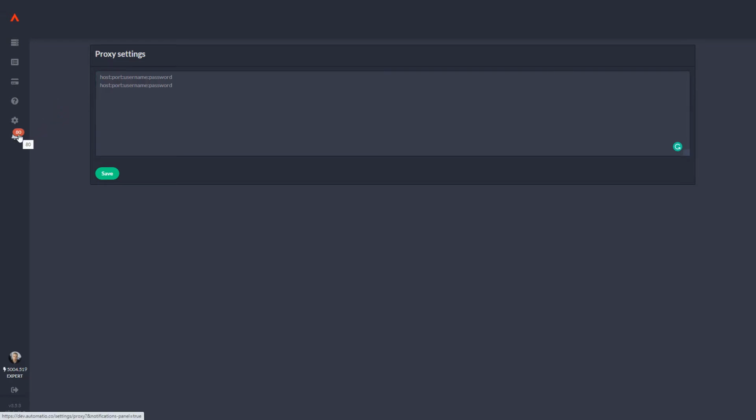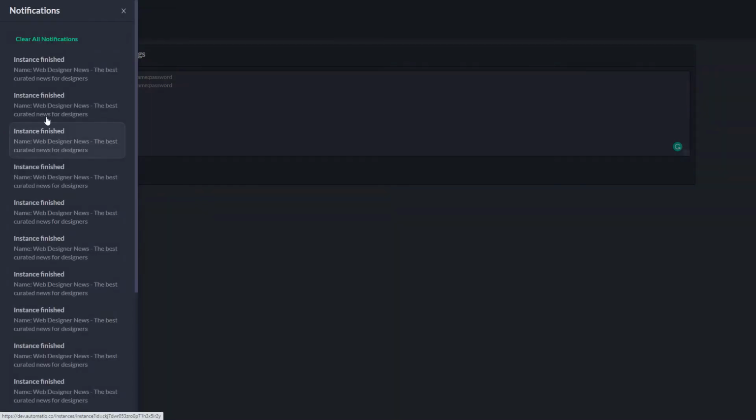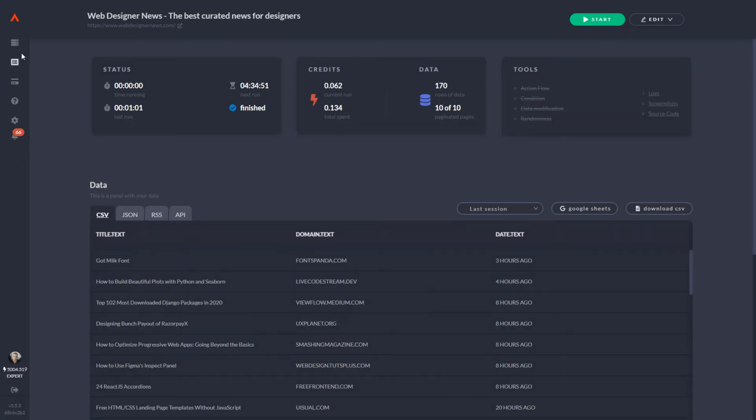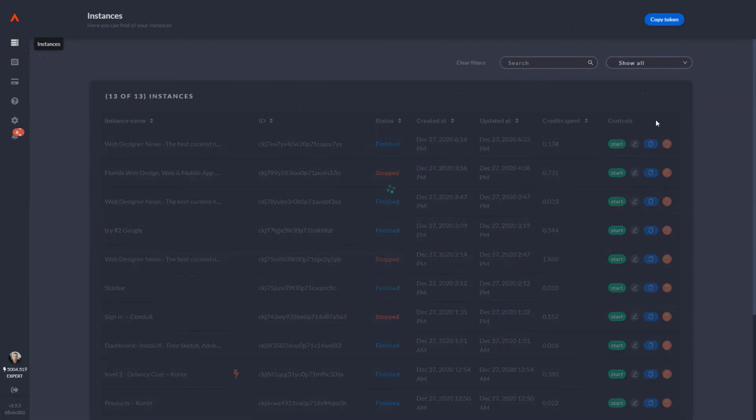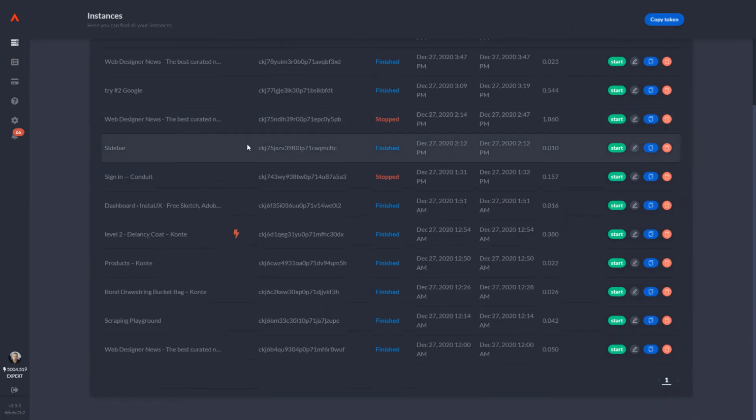And yeah, there's the ability to allow push notifications, and here you can see the notification that some instance actually finished. And yeah, so I think I covered most of the functionality of the dashboard, and this is how you